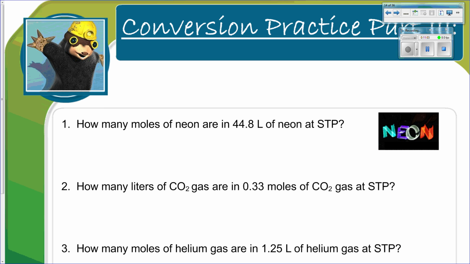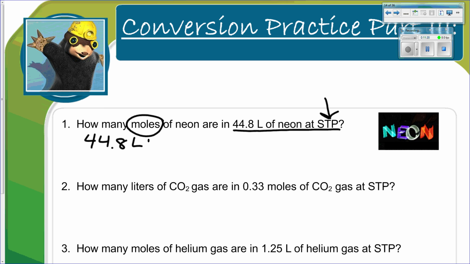So what does that mean? That means you can solve problems like this. If you say you've got 44.8 liters of neon and you want to know how many moles that is, you know that if you're at STP, you can solve that problem very, very easily. So if you've got